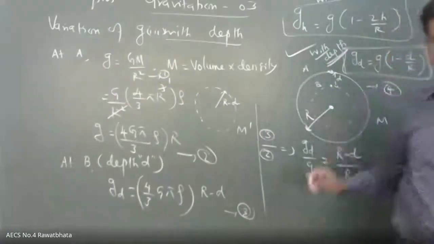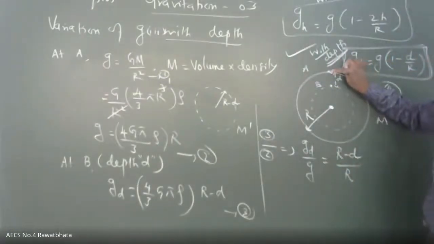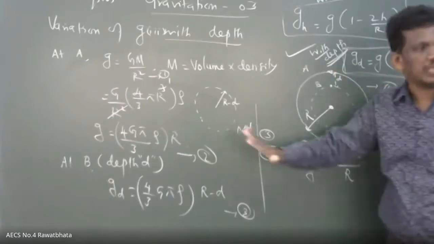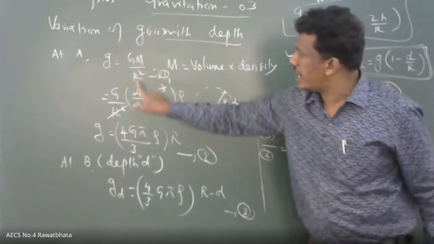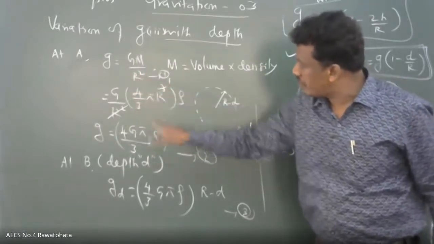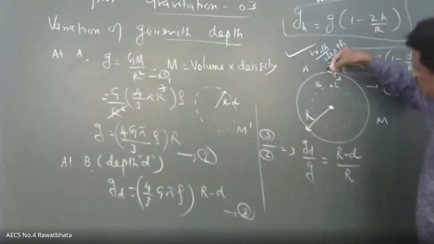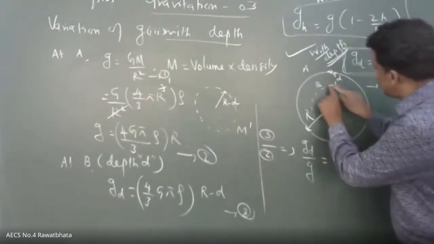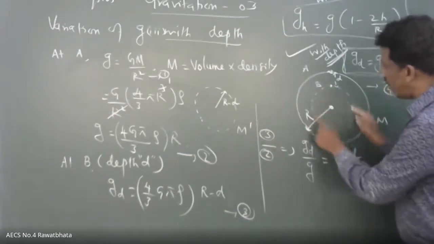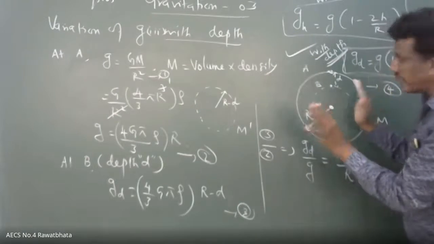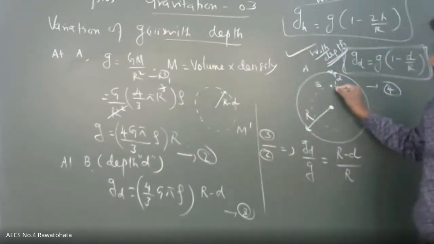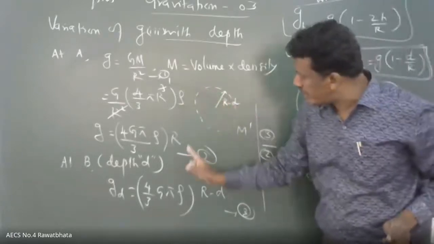First you have taken one point on the surface. On the surface, small g is almost constant: g = GM by R square. Next, instead of using M and R, why are we changing? Because once you go inside the earth, only this portion of the mass of the earth is involved. The remaining portion is removed. That's why M is variable, R also variable, because you are coming inside. That's why we want to convert into one variable system.